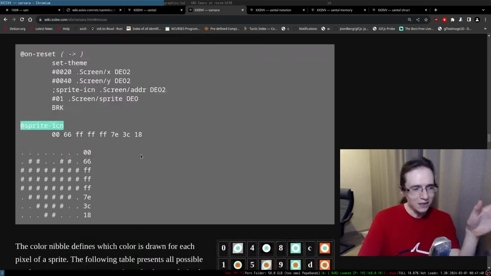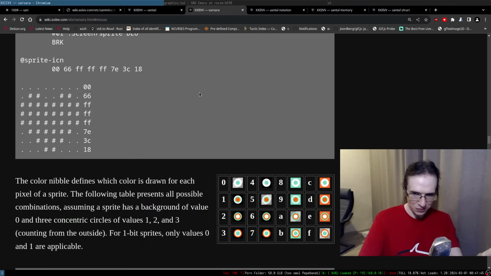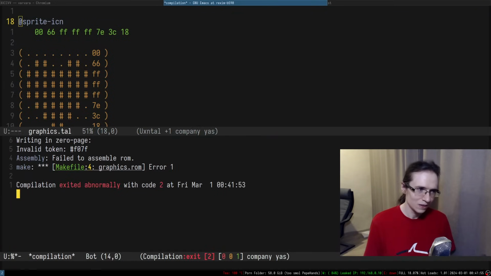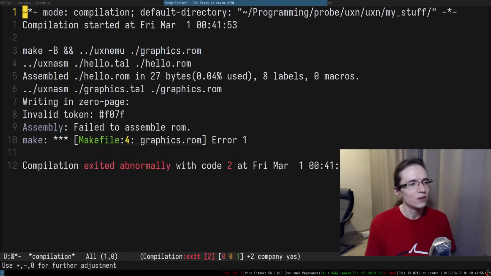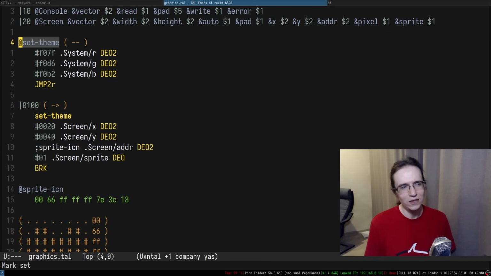It makes it look like this is what you have to copy paste in the code. This is confusing. Invalid. Okay, so writing in 0 page. So this is an invalid token. So let me see why this is an invalid token.